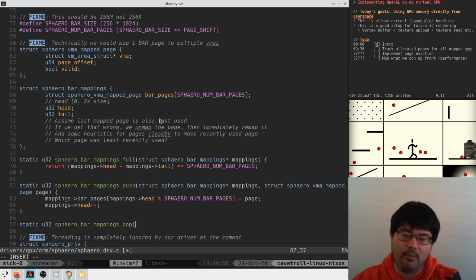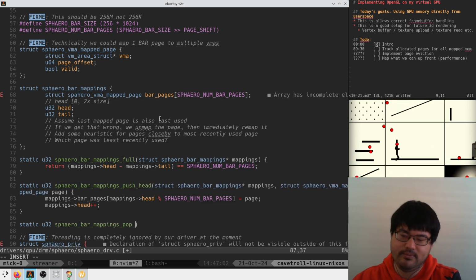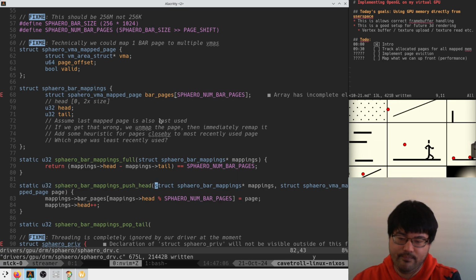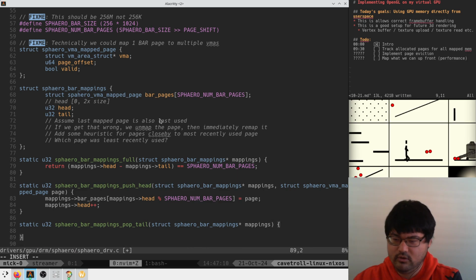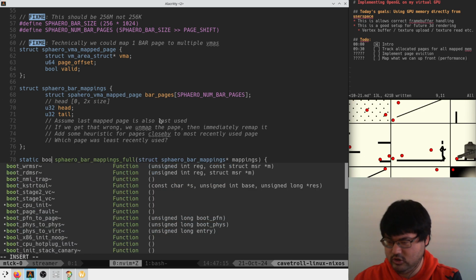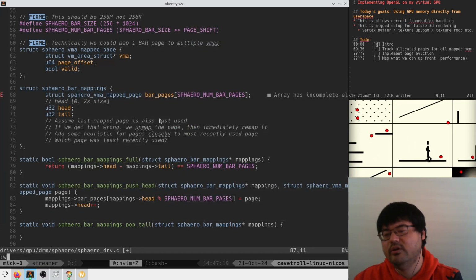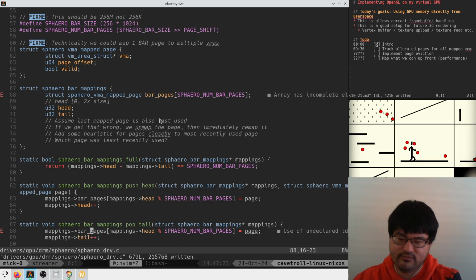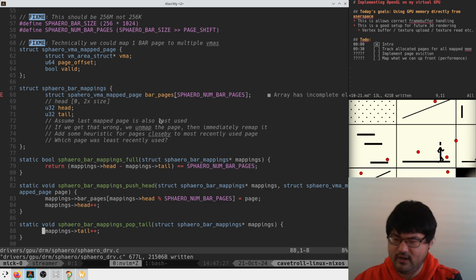Then when we pop, we'll call this push head and pop tail. Why does this return something? It shouldn't. Why does this return a U32? It shouldn't. Okay. So here we're just going to do tail plus plus for sure, right? We're going to go tail plus plus, and then if tail has gotten too far,